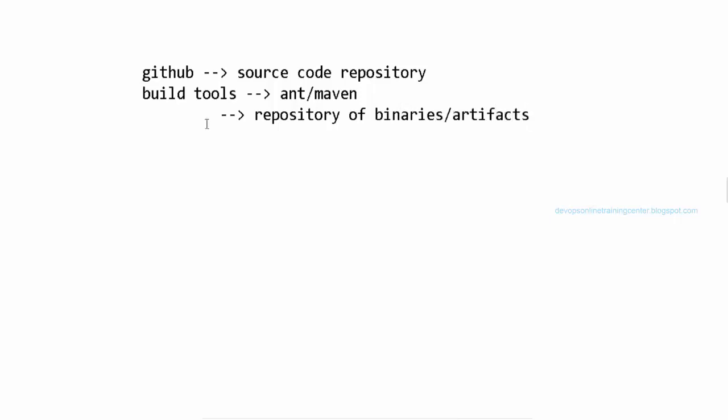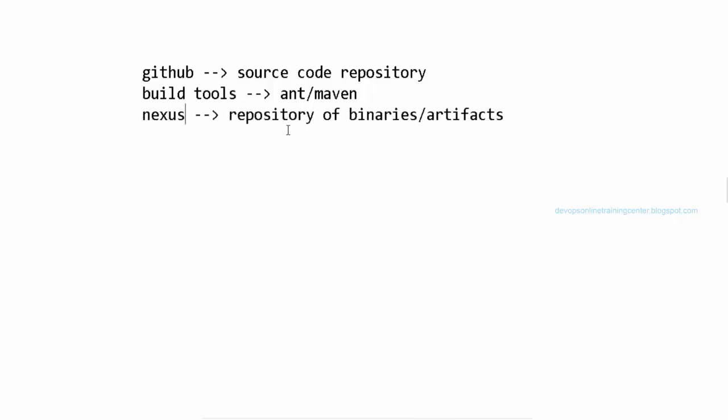So why do we need to store the binaries? Let us say there is a project and a build X is generated. Now build X has a problem, and we want to move to the previous build. How do we move? If we overrode the previous build, we cannot. So we also have to maintain a repository of binaries where we can simply download the binaries. For that we have something called Nexus. Nexus is a tool that basically stores all the binaries.